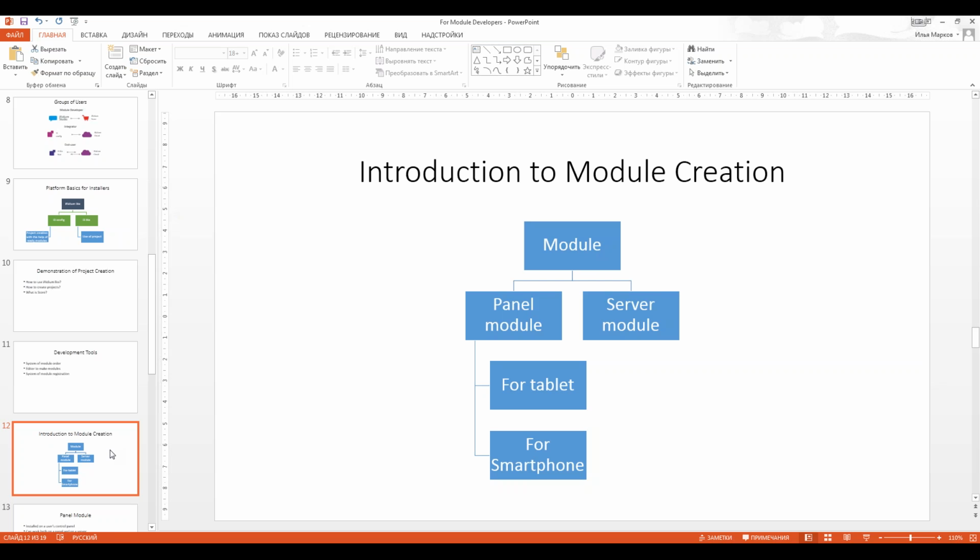When you create a server module, you should develop only the logic and the driver. So it is the parser, the datagrams, and other things. But in a server module, there is no interface.